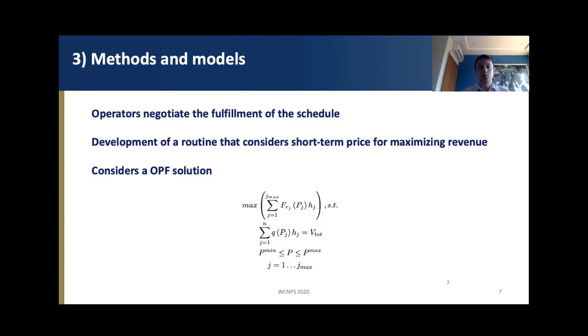So in this context, what we have today is that the operators negotiate the fulfillment of the schedule with the ONS of the Brazilian power system, and we are trying to